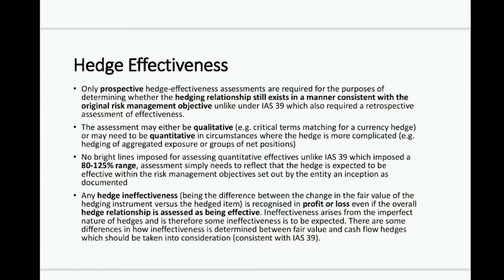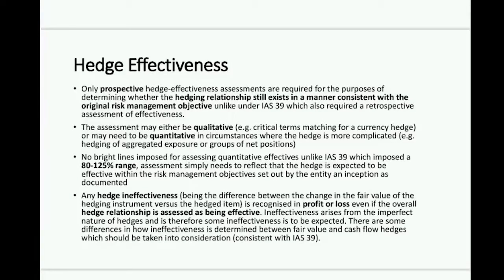Under the new standard, there is no bright line of 80 to 125%. So when you set out your hedging relationship at inception, and you set out what your expected effectiveness is going to be, first of all, you need to assess whether or not that meets your risk management objectives. And if it does, then that effectively becomes the benchmark against which we are measuring it. That means you can tolerate a reasonable amount of variability outside of that expected effectiveness, but once it gets broader than that, then you have to assess it on a judgment basis as being potentially ineffective, and then discontinue hedge accounting where that arises.